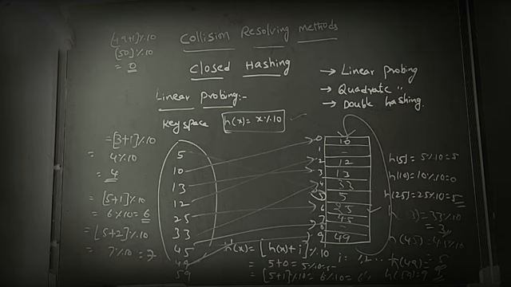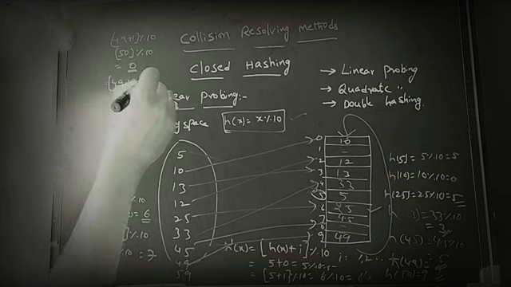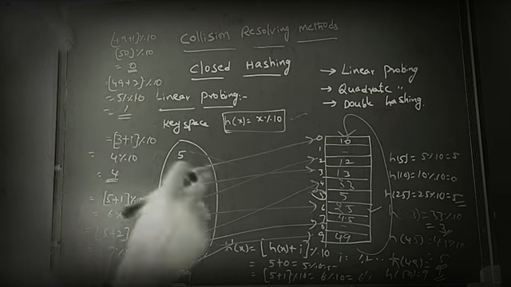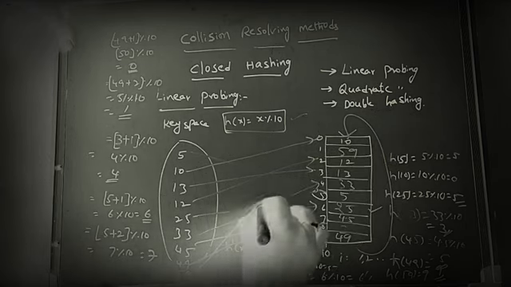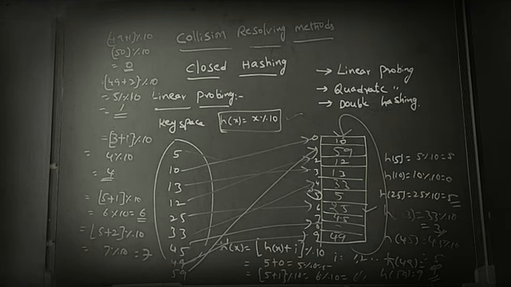Circular queue, like circular queue. So next again apply 49 plus 2, mod 10, 51 mod 10. Remainder is 1. Index 1 is empty or not? Index 1 is empty. Then place 59 in this position. Okay, so like that this process continues linearly, that is we check one after another, until a place is empty in any of the index positions. You can place the value. If there is no empty place in the overall memory, then you can show that memory is full.